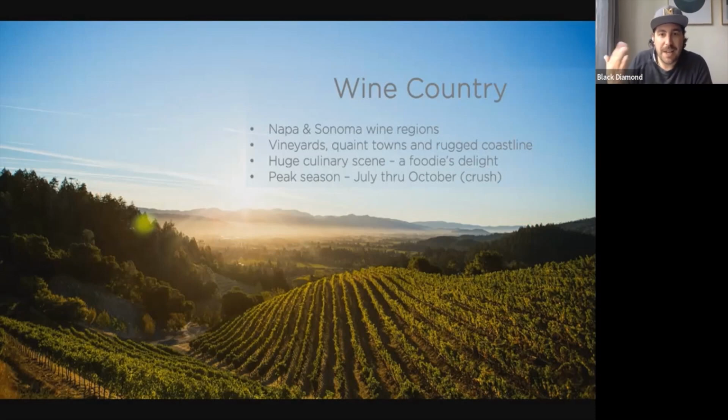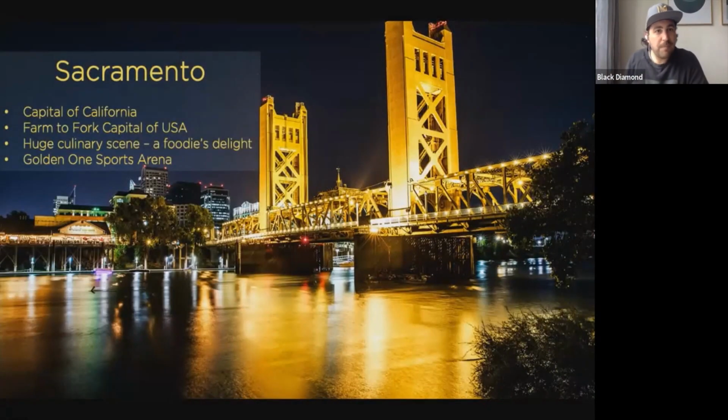And then from Shasta, you're going to come down to Sacramento, which is, I've got my slides out of order, apologies. Sacramento is a good little stop point on your way coming back north to San Francisco, Sacramento being the state capital. I love this picture of the Golden Bridge, which connects over the Sacramento River.